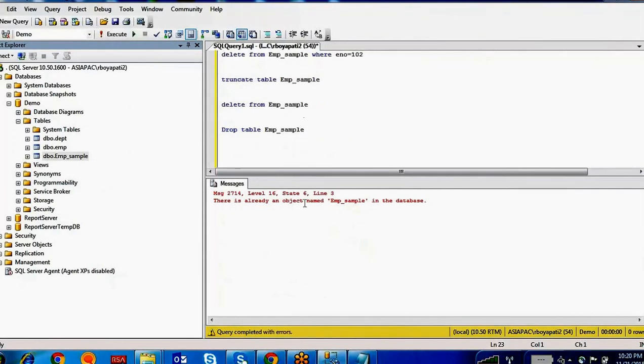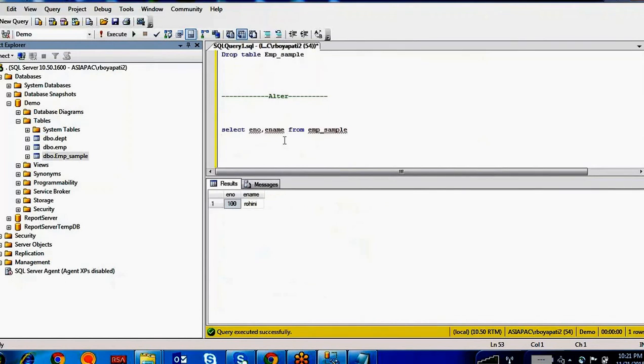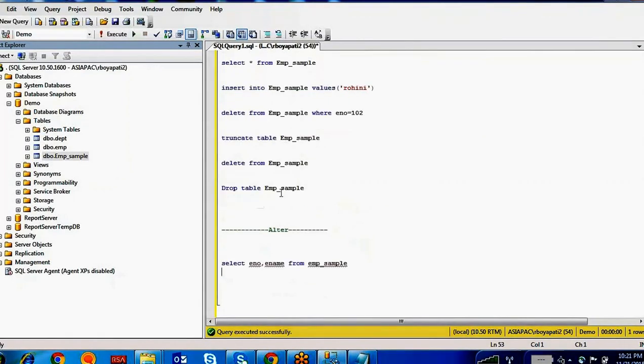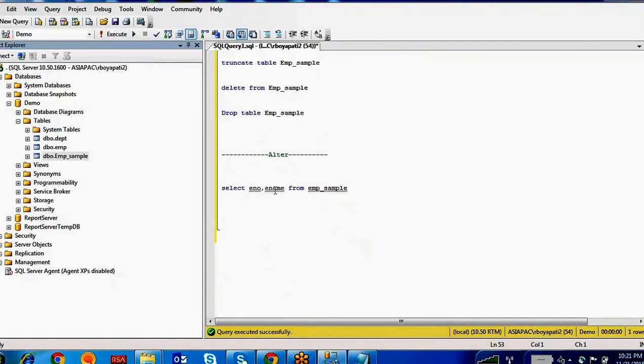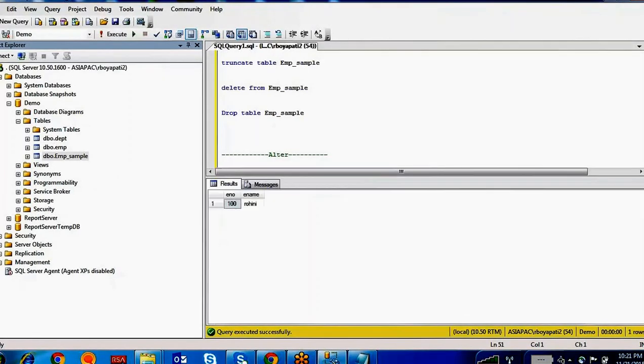There is already an object named emp_sample. You no need to create it again. If you have the table already, then no need to create. I'm going to select this one. Sometimes it is showing this kind of red marks, but not an issue. The reason is something like validation problems. Right, this is the table.